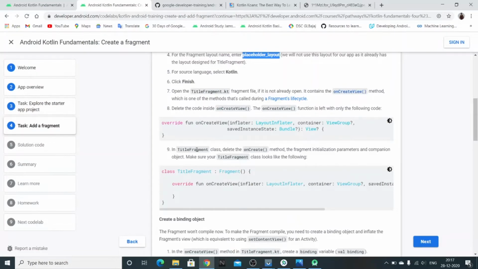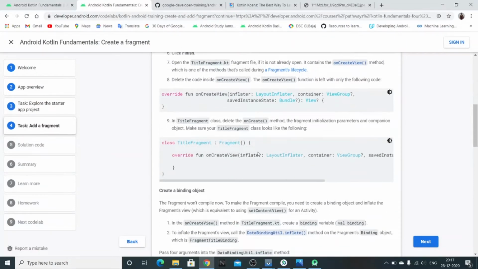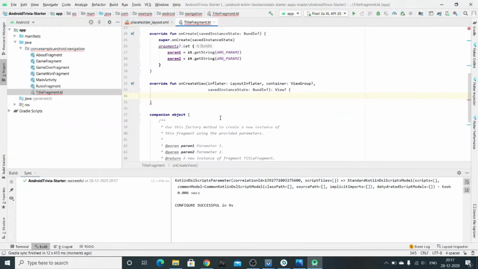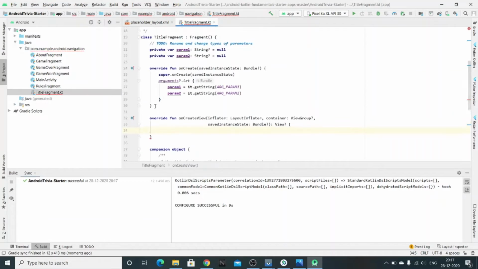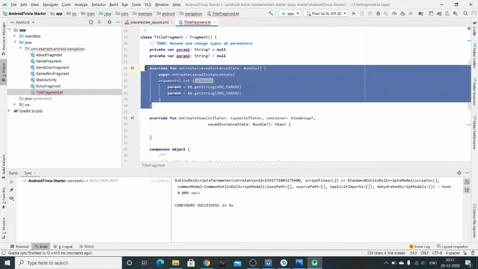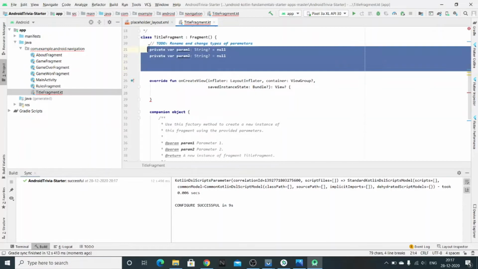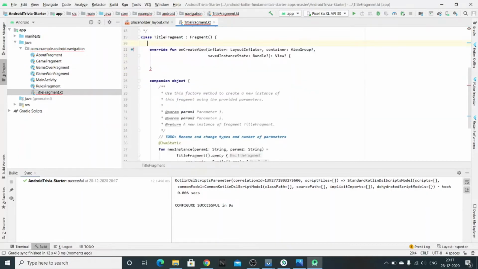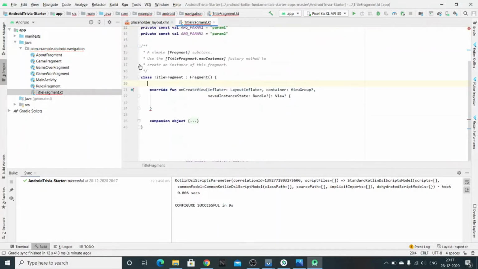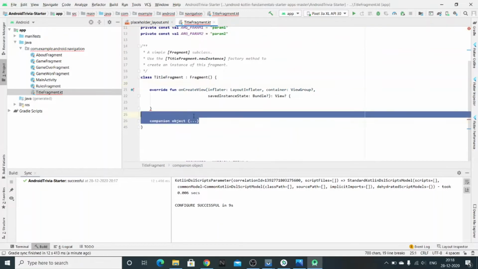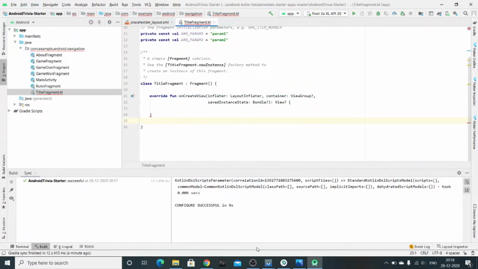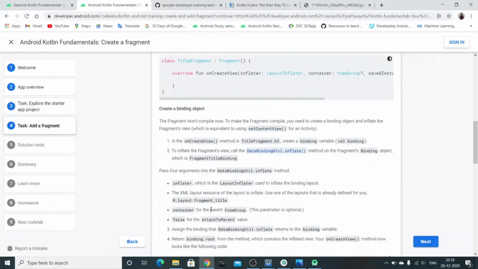We also need to delete all the methods in this TitleFragment class. So let's delete everything: first the onCreate method, these variables, and the companion object method. Okay, now we can follow the code lab.